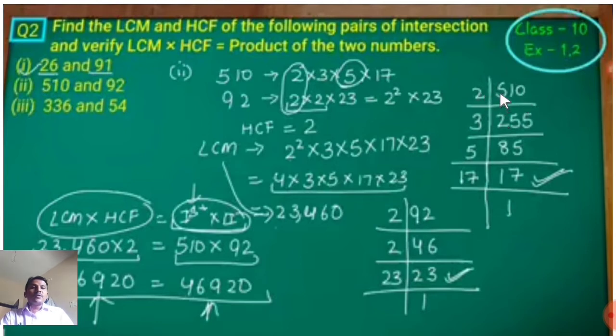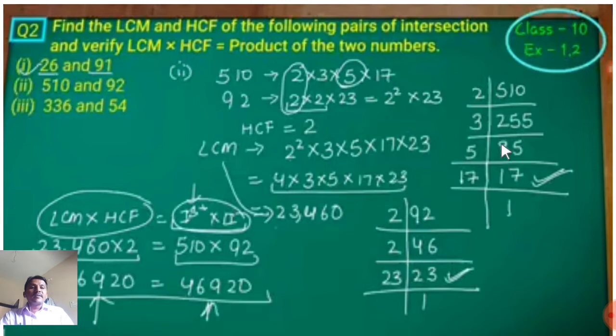2 2s are 4, 1 is remaining in 5. 1 1 means 11, 2 5s are 10, 1 is remaining, 1 0 means 2 5s are 10. This is divisible by 5 or 3. So take any one number. 3 8s are 24, 1 is remaining, 1 5 means 15, 3 5s are 15.